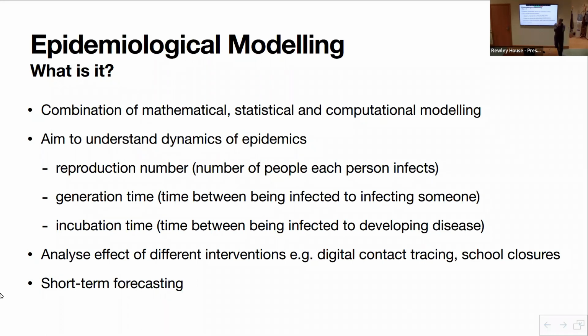So what are we trying to understand in these modeling? What are the key things? So the first and probably most important thing that epidemiological modeling does is to try and understand the key characteristics of an epidemic. And there are three things which people are most interested in. And I think probably everyone knows the first one, which is the so-called reproduction number. So this is the R that everyone was talking about during COVID. That's essentially the number of people each person who's infected with it will go on to infect.